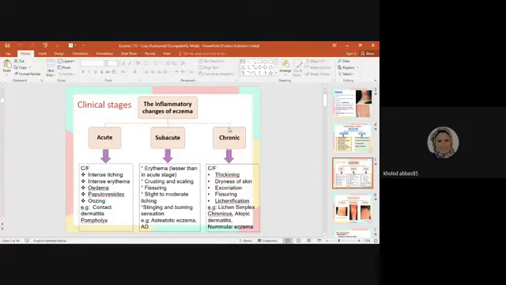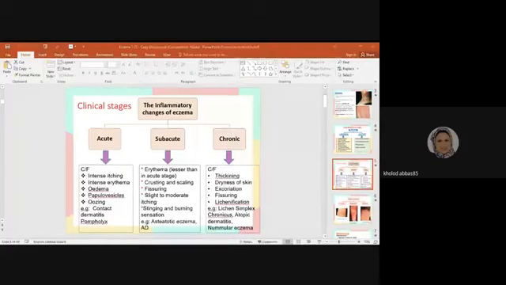These terms we have taken in the previous lecture. Example, neurodermatitis or lichen simplex chronicus, the same as neurodermatitis. Atopic dermatitis, nummular eczema, the same as discoid dermatitis. Okay, so in the chronic form we have thickening, dryness,